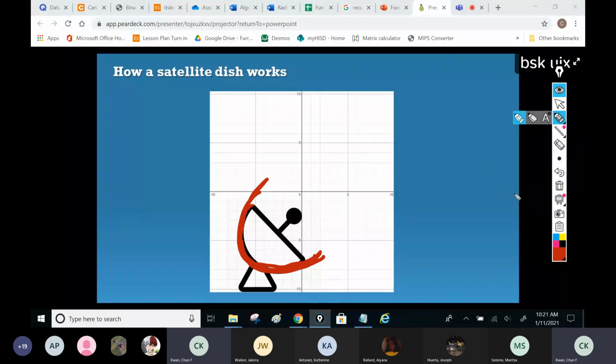So when whatever waves or signal is coming from the outside, let's just say a radio signal, it will go like a straight line. It will hit the surface of the dish, and then it will bounce back to the signal receiver. So in other words, the signal receiver is actually backward. It actually looks something like this, all right?